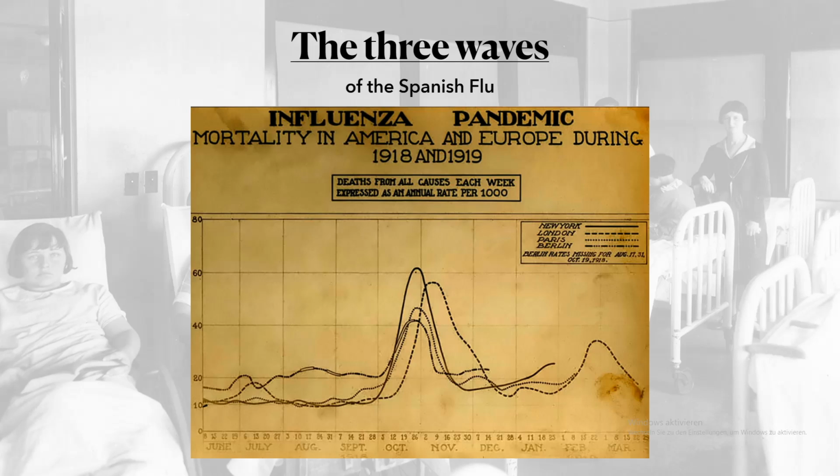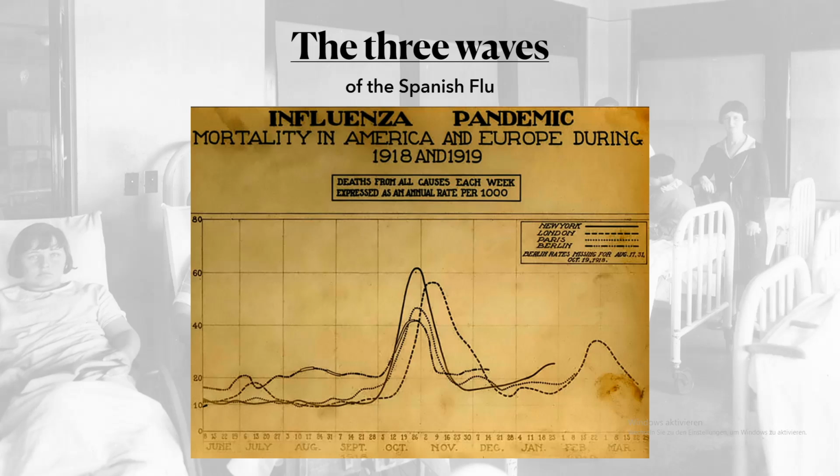Then the second and deadliest wave started in fall. This was where soldiers moved around the globe. English ships arrived in South America, France, and in Africa, bringing the disease to new places. It's said that during the second wave, 2 out of 3 persons were infected. In that time, almost 50 million people died of the flu.